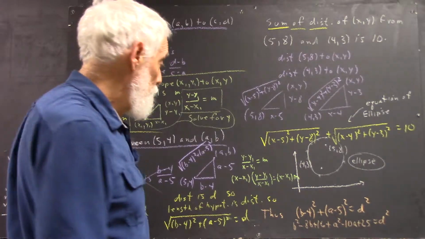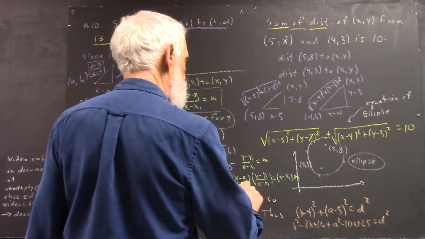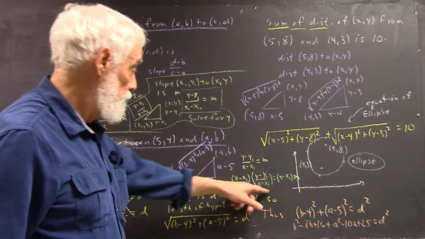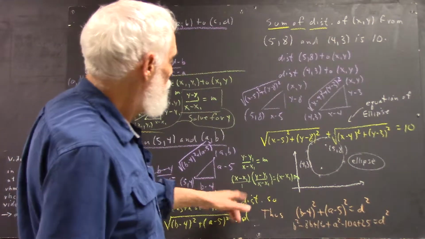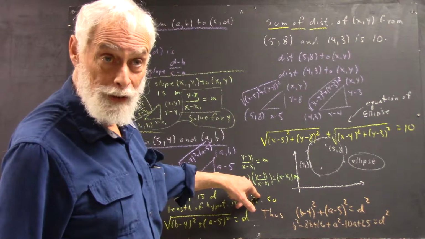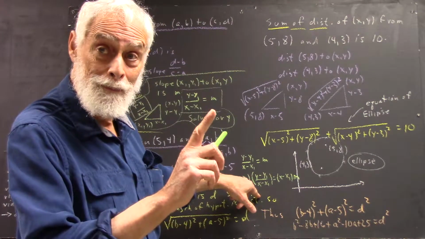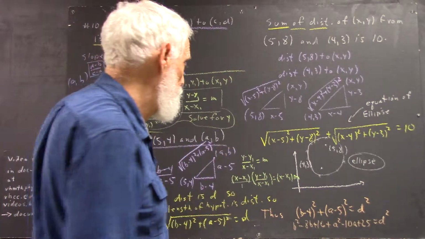okay? Now, we understand that this could be written here as (x minus x1) over 1, so you can see what to do multiplying the fractions, right? And you see that then you get (x minus x1) over (x minus x1), and that's just equal to 1, leaving you just y minus y1, right? So